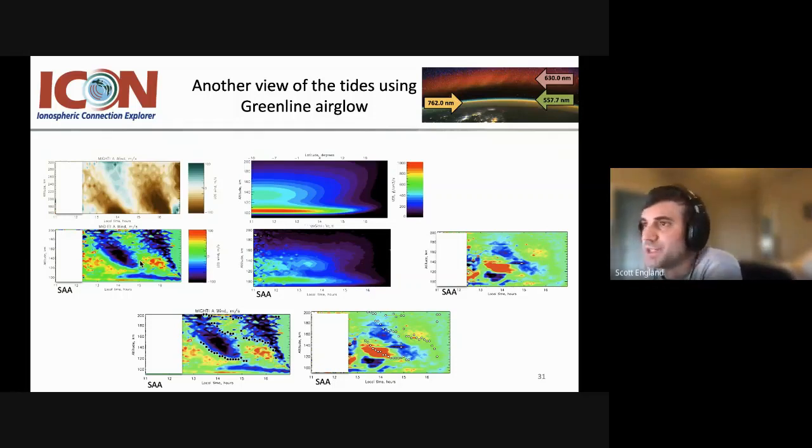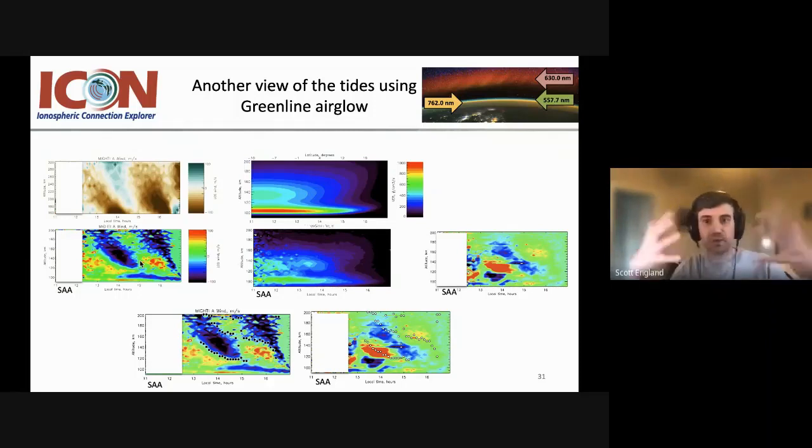But we measure more than just the wind, right? We get the wind from the Doppler shift of this emission, green and red in this case. We also get the brightness as a byproduct. It's not what we're optimized for, but you see how bright that is. And so here in these panels here, I'm